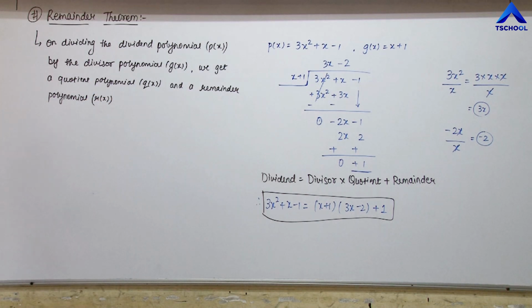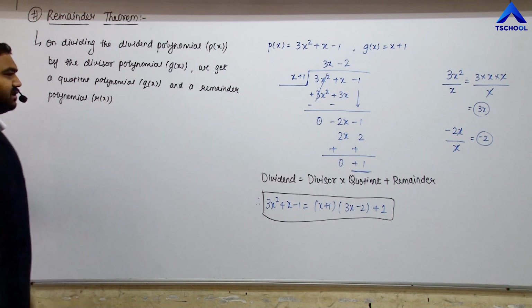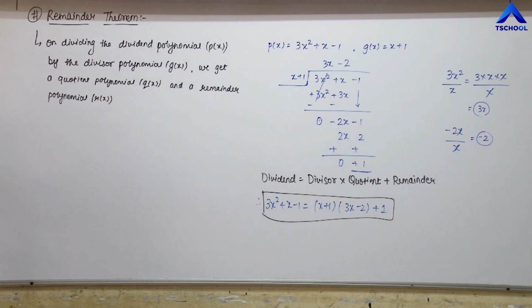See friends, this remainder polynomial can be 0 sometimes, but dividend, divisor and quotient polynomials will never